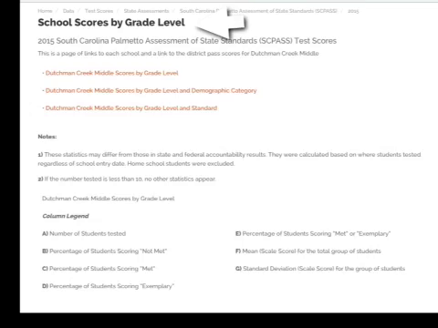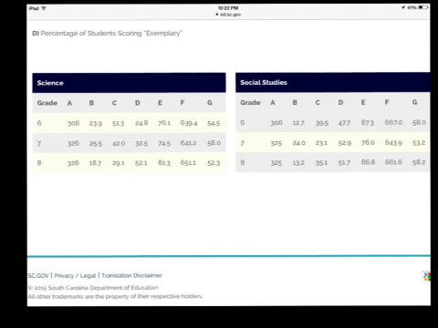Next, we will take a look at the number of students who were not met, students who were met, exemplary, a combination of students who were met and exemplary. We also have mean score information and standard deviation. For science, let's take a look at the information for 6th, 7th, and 8th grade. Once again, we will place the majority of our attention